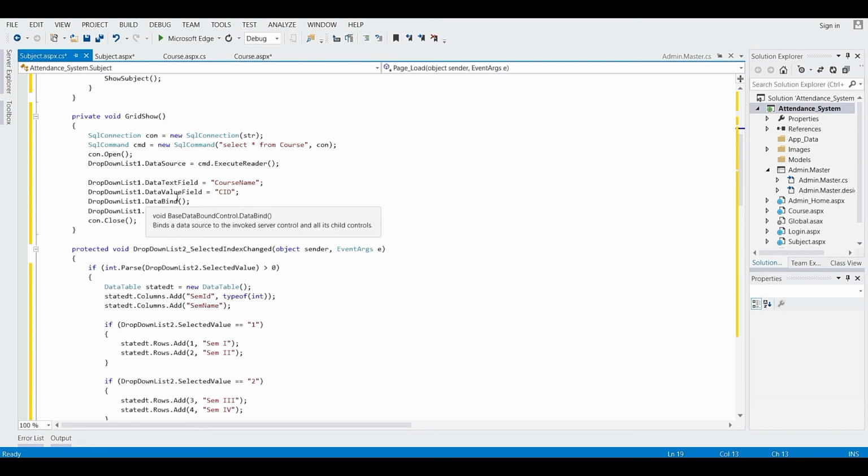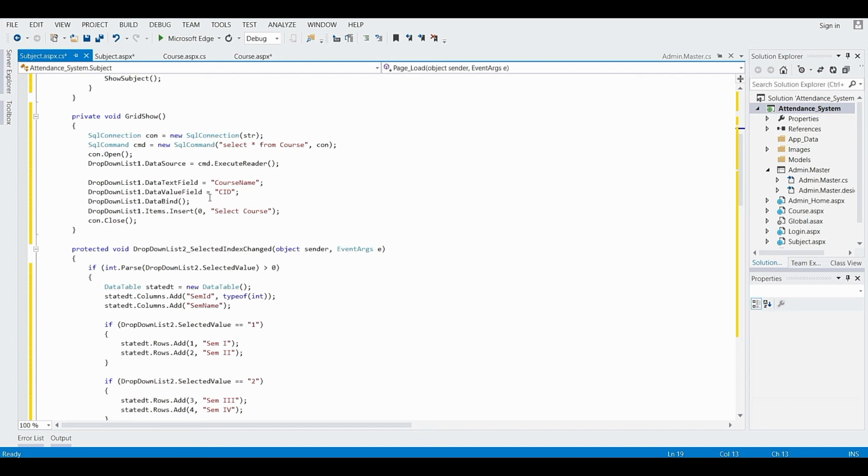In the drop down, the list of values that we can see is going to come from the course name column, and the background value to be bound is the course ID.